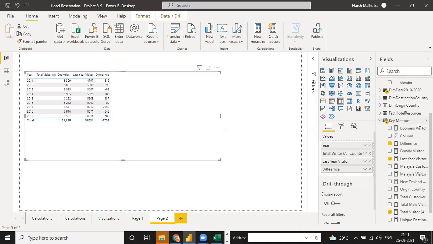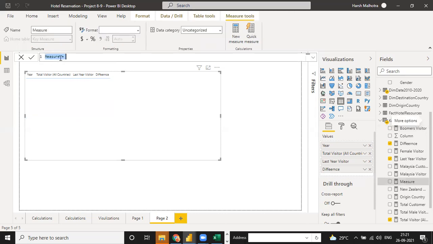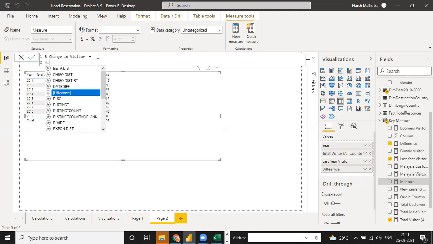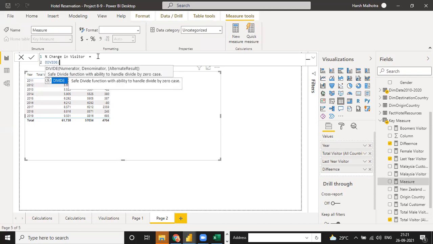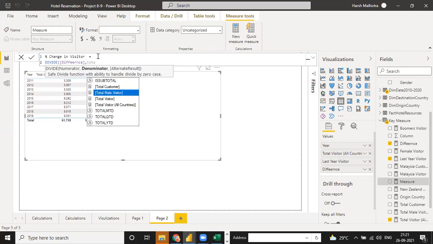So you can use one more measure for percentage change in difference. Percentage change in visitor. For this, you can use a divide function. Numerator is difference and denominator is total visitor.